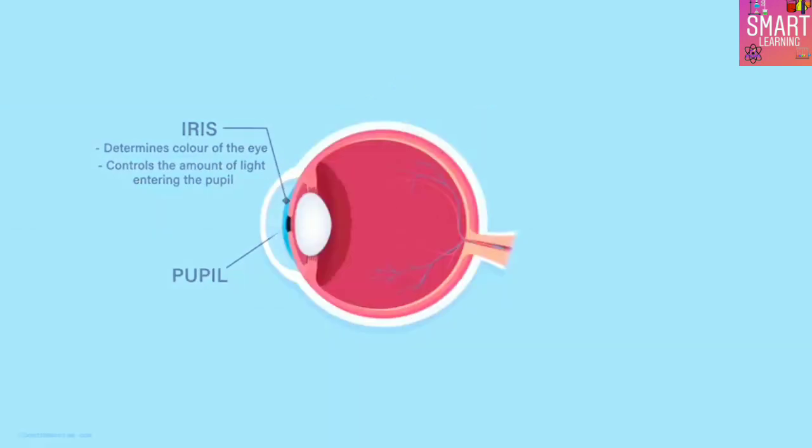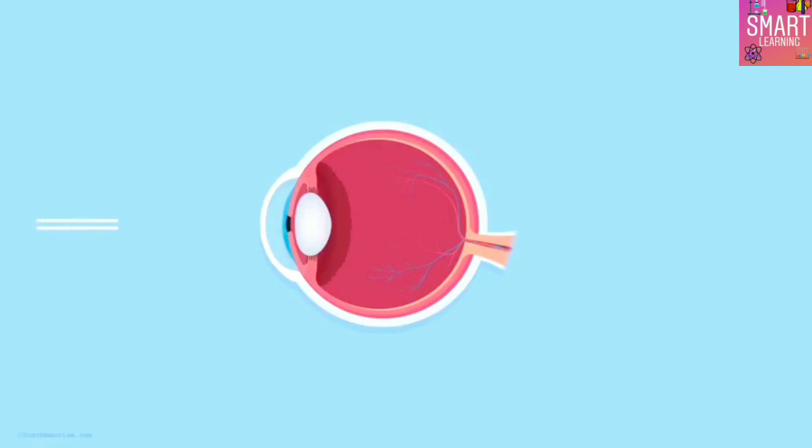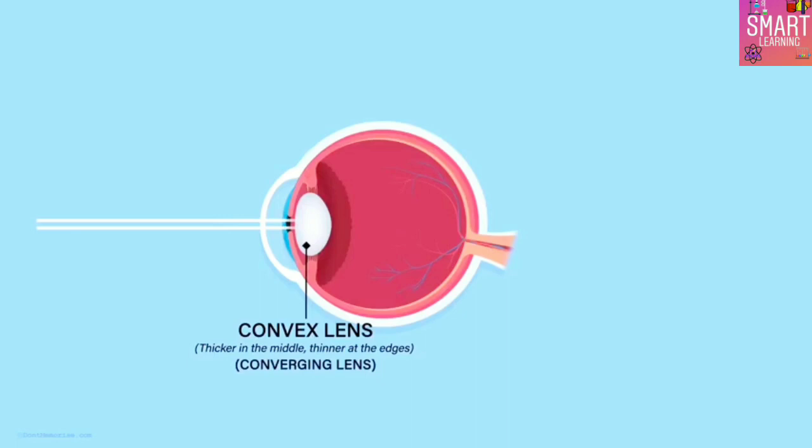Okay, what happens next? The light entering through the pupil falls on the lens kept behind. The lens is a convex lens. A convex lens is a lens which is thicker at the center than at the edges. It's a converging lens. That is, it focuses all the light at one point. In a normal, regular eye, this point is somewhere here, on the boundary called the retina.